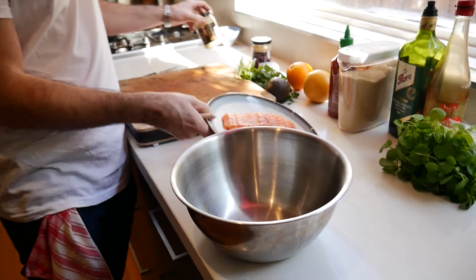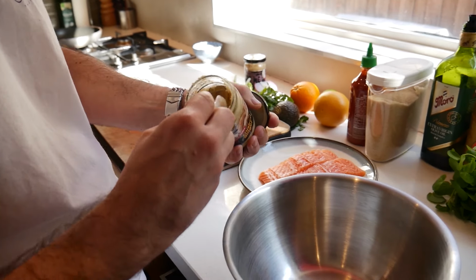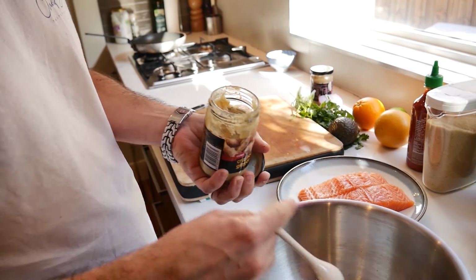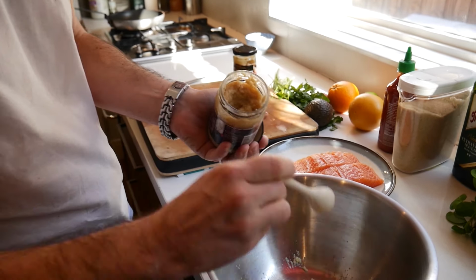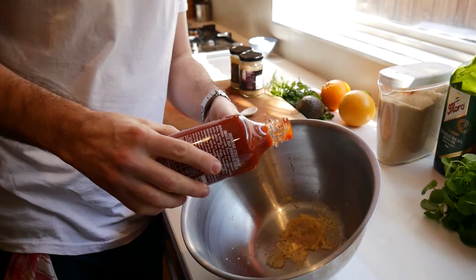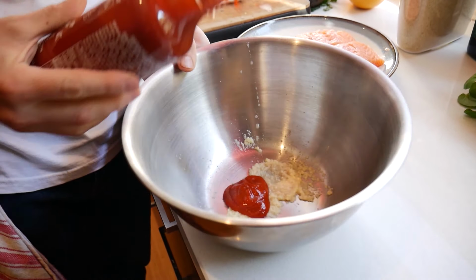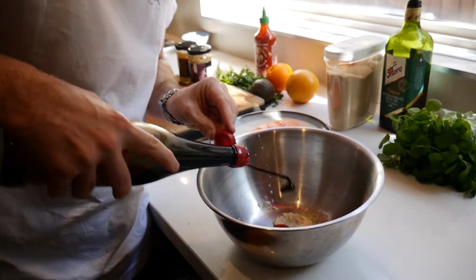Okay, so the first thing we want to do is make up the marinade for the salmon. So I always like to go pretty heavy on the ginger. So it's a decent teaspoon there of ginger, garlic, some sriracha, which is chili hot sauce. So just over a tablespoon, a heaped tablespoon of sriracha,